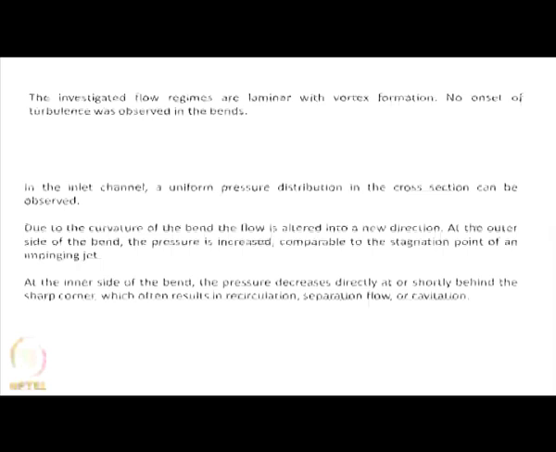As I said, at the outer side of the bend the pressure is increased compared to the inner side, and this difference in pressure at the curved bend can create mixing due to the presence of the 90-degree bend, which has further usage in